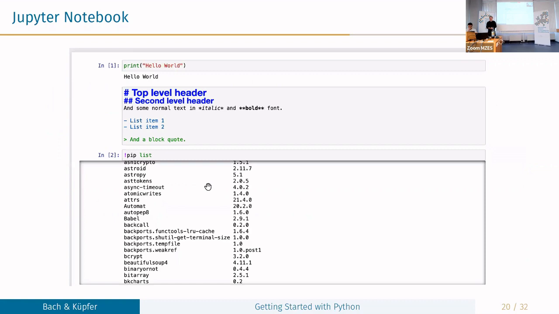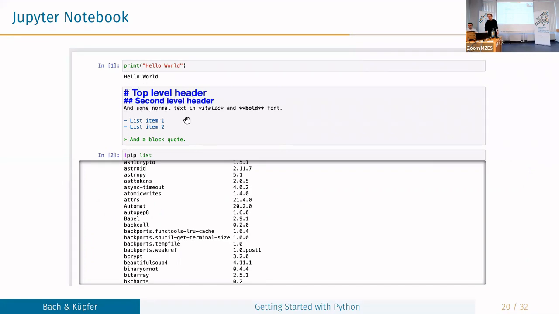So how does it look? Well, if you open a Jupyter Notebook, this would be a typical example. In the first line, we have some very simple and always used example code. We just use print hello world, and then we get the result right under the code cell. We can include some markdown.